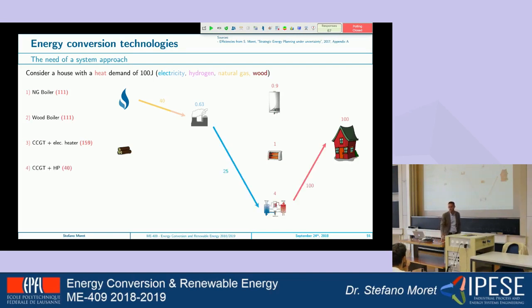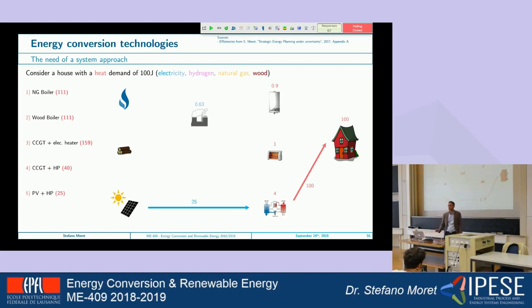But then, using electricity, you can use a technology called a heat pump. A heat pump has an efficiency of 400%, which sounds like magic, but in reality it is a very efficient technology that allows you to use free heat from the environment. You'll also study this technology during the course. With a heat pump, you only need 25 units of electricity to provide the same exact service. This means your global system consumption will be 40, so it has dropped heavily compared to the first option.